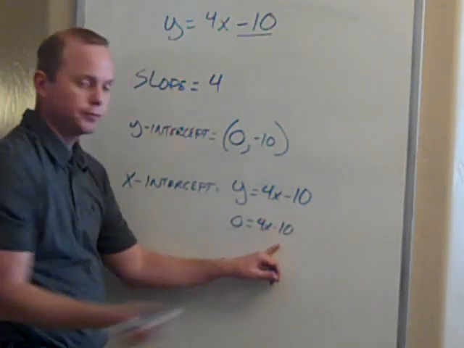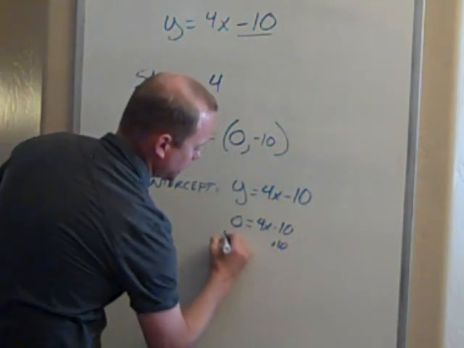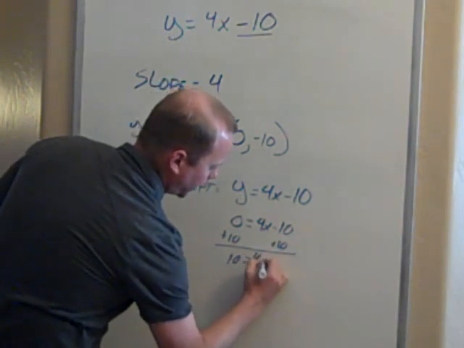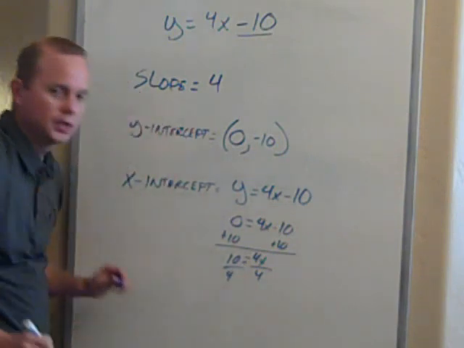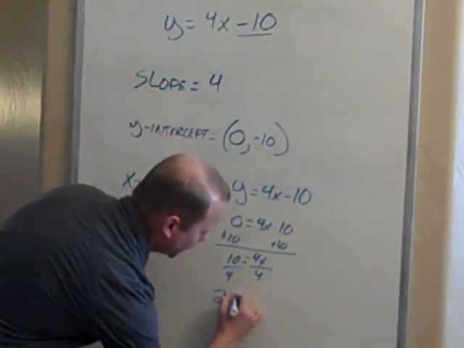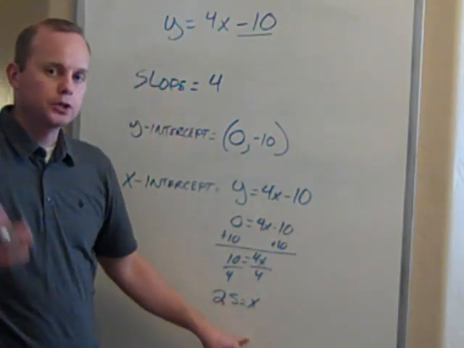Okay, now I just need to solve it for x. Plus 10, plus 10. 10 is equal to 4x. I would divide by 4, divide by 4. 10 divided by 4 gives me 2.5. 2.5 equals x. So now I know my x value, but I want you to write it as an